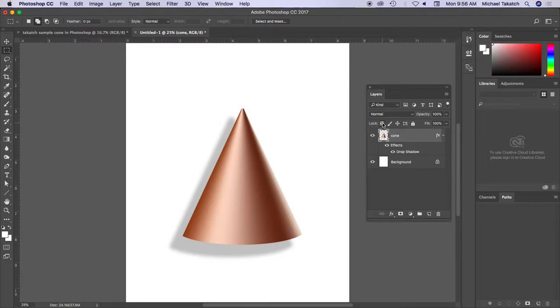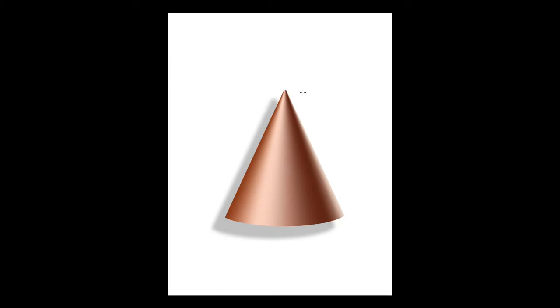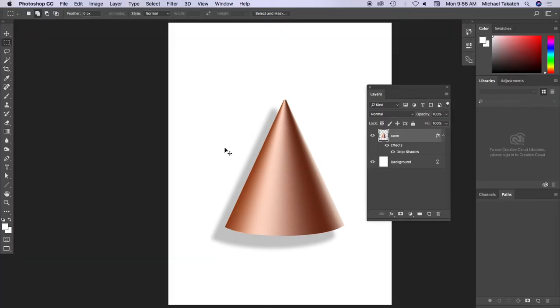If I hit the Command R, it'll hide my rulers. If I hit the letter F once or twice, it makes it so that the screen is just showing that image. Okay. So I can bring it back again and bring the section